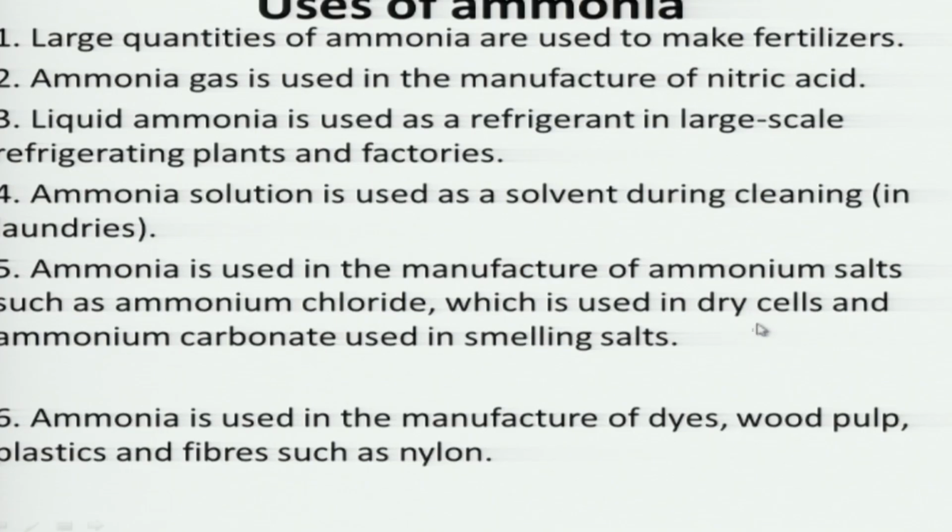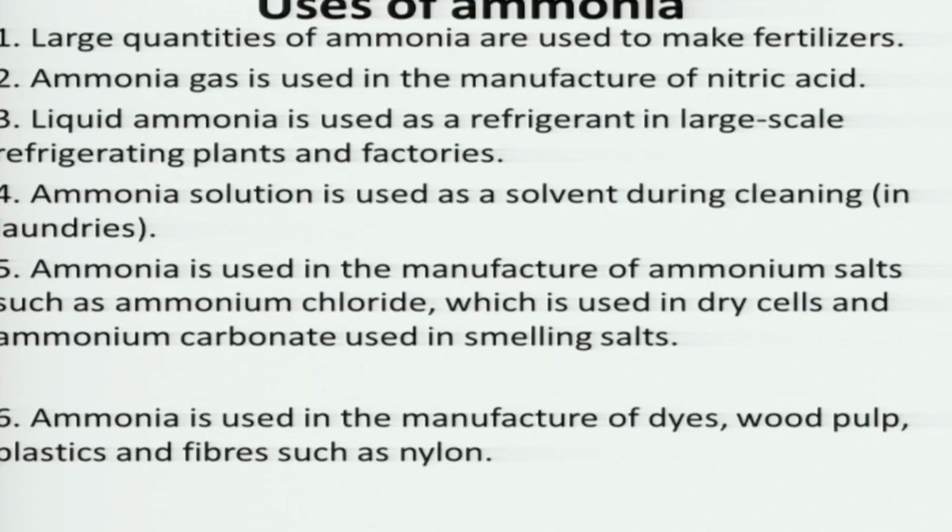So ammonia is also used in the manufacture of ammonium salts, such as ammonium chloride, which is used in dry cells, and ammonium carbonate used in smelling salts. All right? So ammonia can also be used in the manufacture of dyes, wood pulp, plastics, and fibers, such as nylon. All right? So